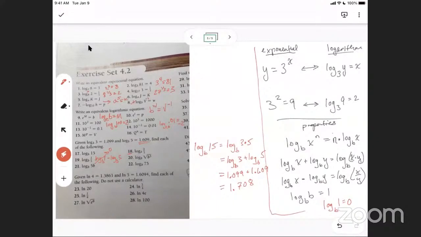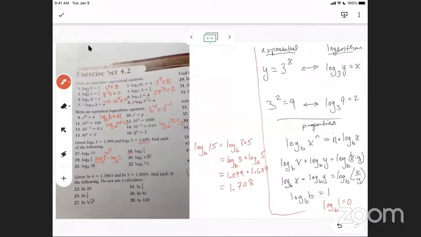Am I going too fast? Or you understand what I mean? Oh no, I'm understanding. Good. I'm trying to remember everything from high school. Like I said, you're at a disadvantage because of COVID. It kind of shortened these important topics. You probably didn't have as much practice with these.